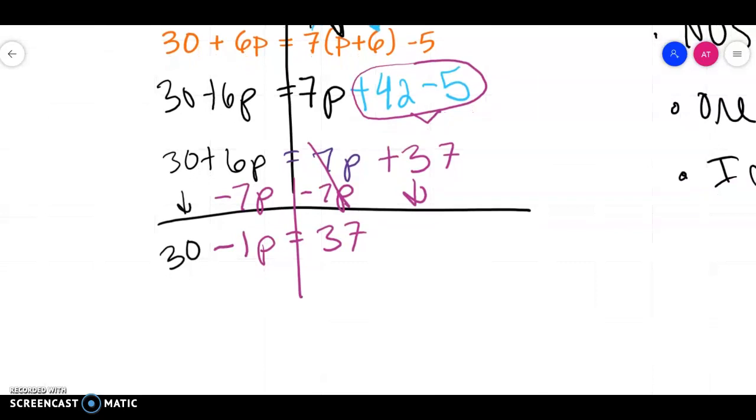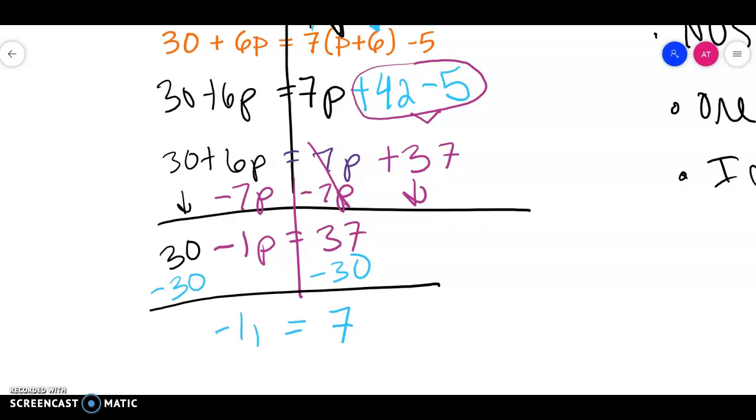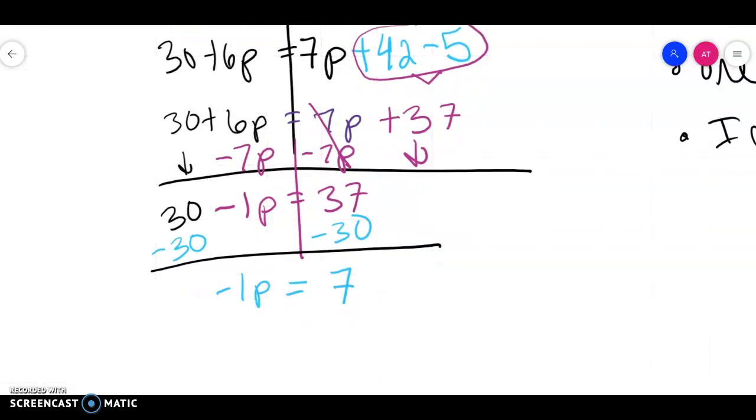Can you guess what kind of solution this is so far? Good. Let's see if you're right. Get rid of the 30. What's the opposite of a positive 30? Negative 30. So then I would get 7 equals negative 1p. Remember that negative 1 is still attached